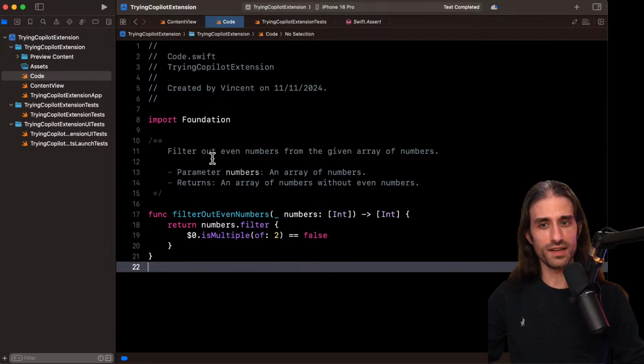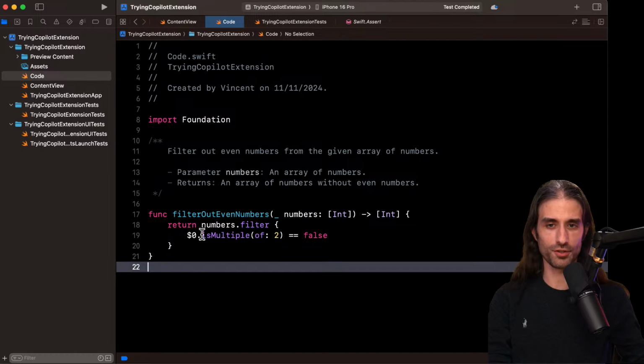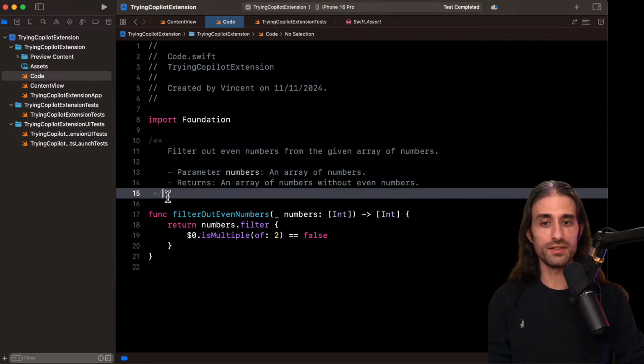Honestly, I'm not gonna say you should leverage this to write this kind of comments for all of your code, because you can see it's not super helpful, especially if it's internal code and you have access to the source code. But if you write SDKs that are exposed to other developers, that's the purpose of an SDK, whether it's a public one or a private one, this could be useful.